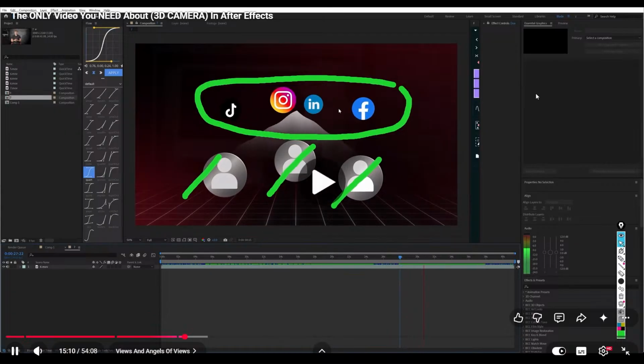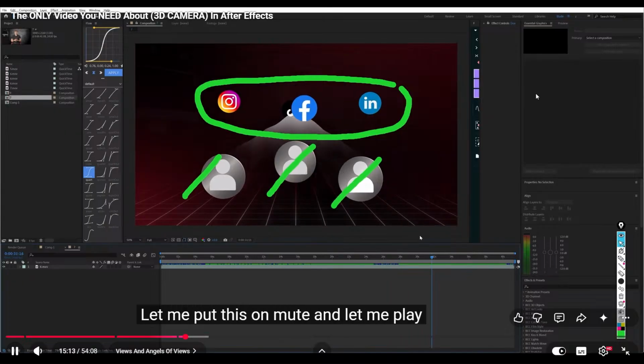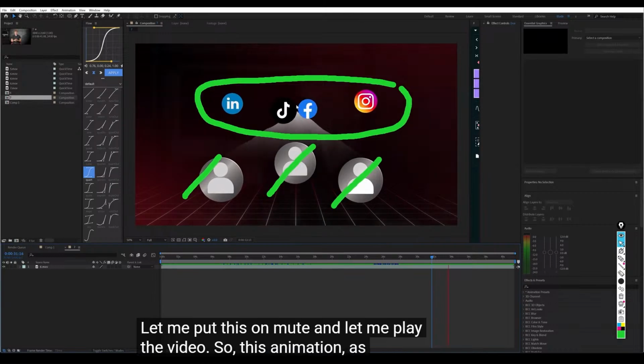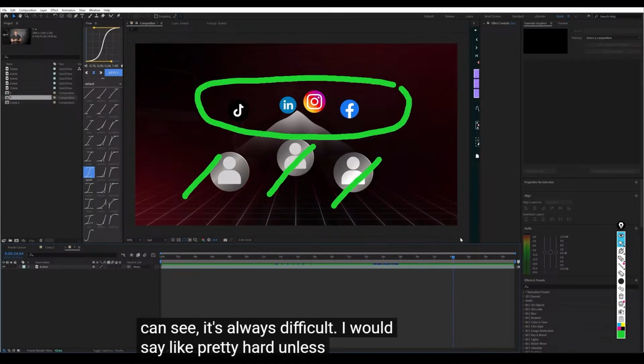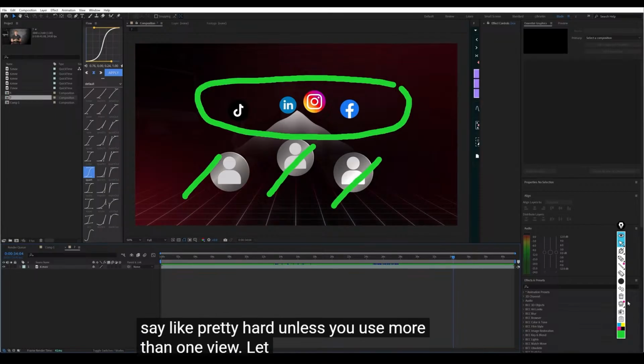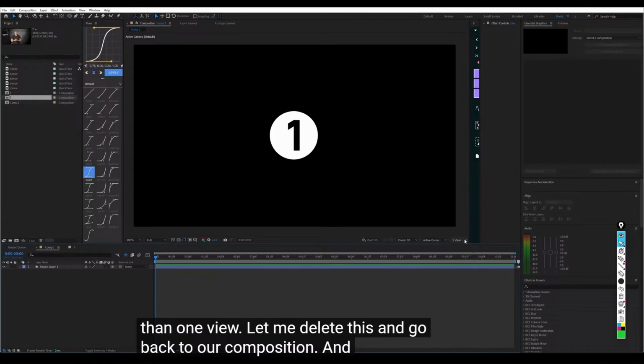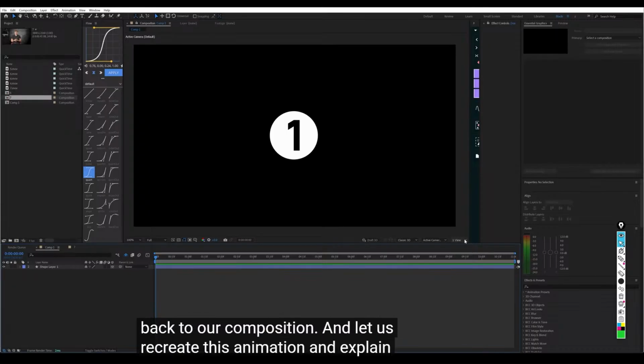Let me put this on mute and let me play the video. So this animation, as you can see, it's always difficult. I would say pretty hard, unless you use more than one view. Let me delete this and go back to our composition and let us recreate this animation and explain everything related